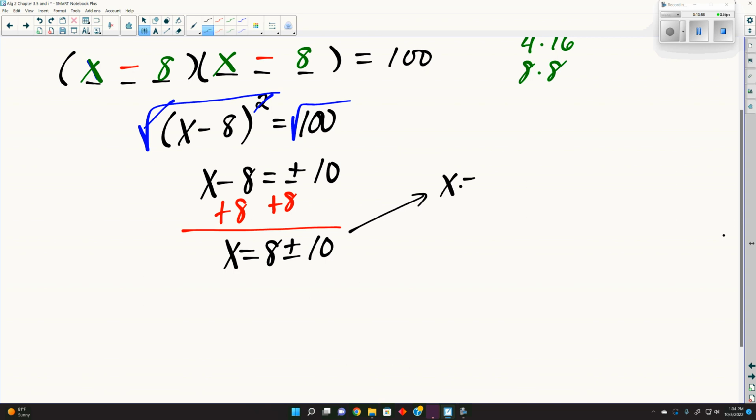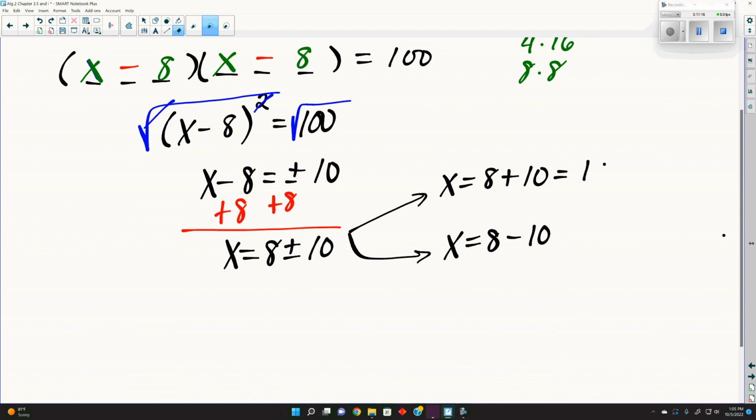Yeah. If we can actually add them together without having to approximate, or we can actually subtract them without having to approximate the number, we're going to go on and find them. So here, 8 plus 10 is, and 8 minus 10 is,